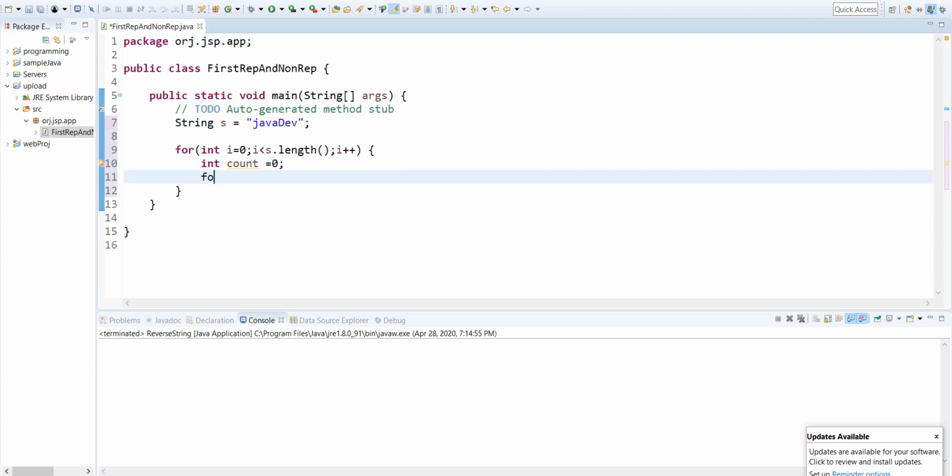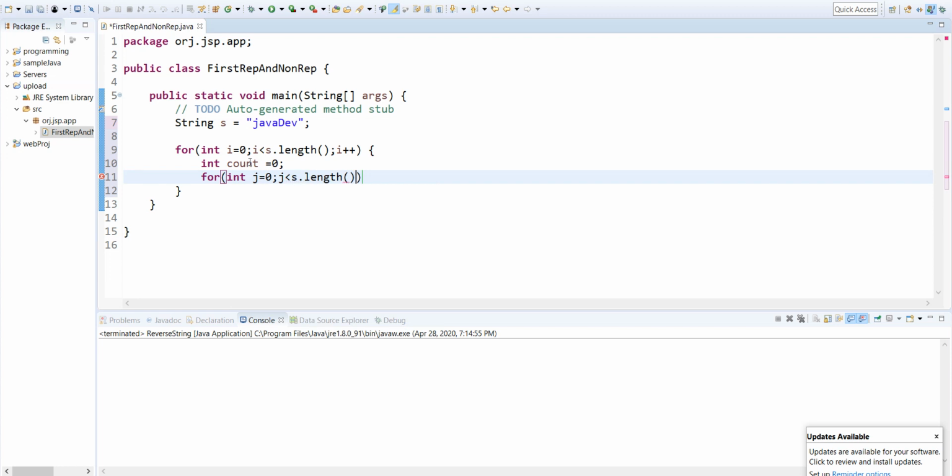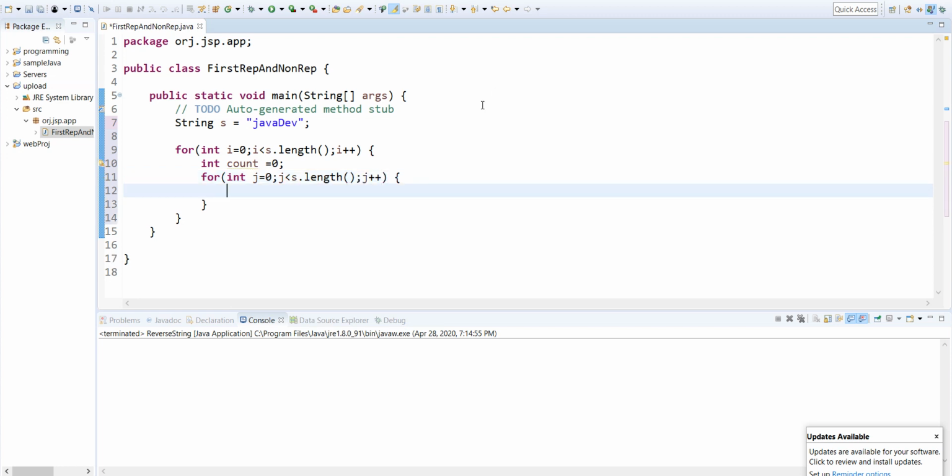So let us write one more for loop here. Let us initialize this for loop with j, and write it from the first character to the last character, and then increment the j variable.